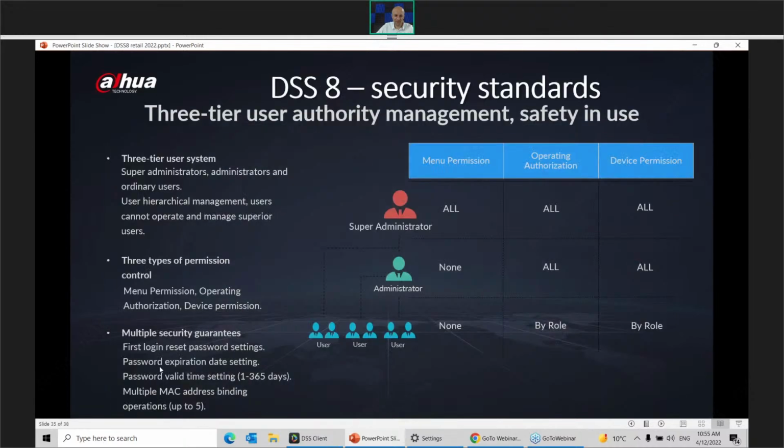Sorry, very important thing. What we added, because of the GDPR, we added first login reset password, password expiration date, also how long the password should be valid. So you can choose, for example, every 3 months the DSS user needs to change the password. Those are all standard things, but the one thing which is not really standard for the VMS is